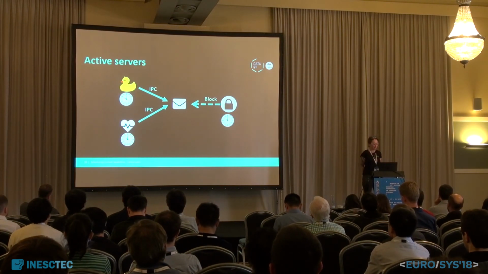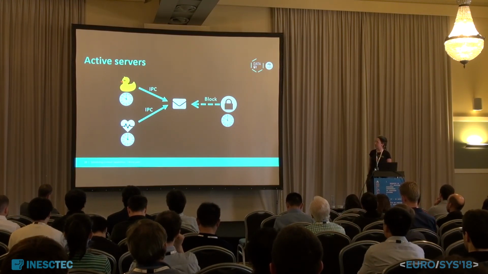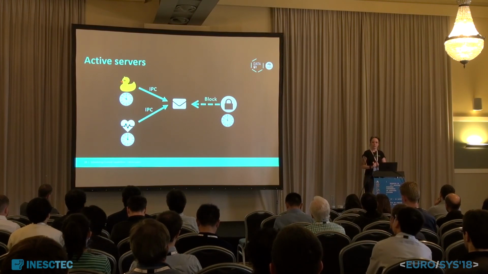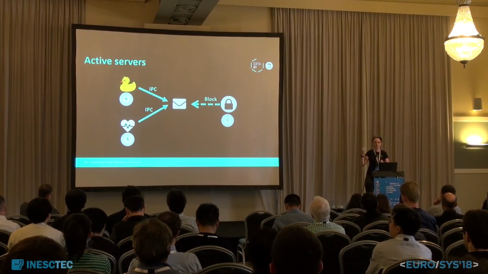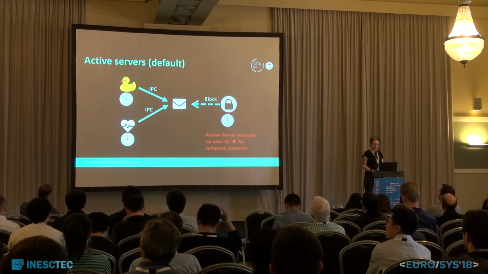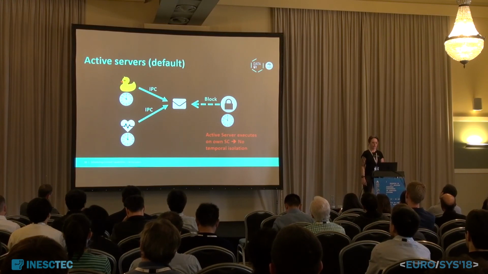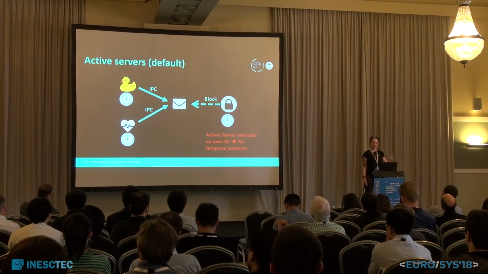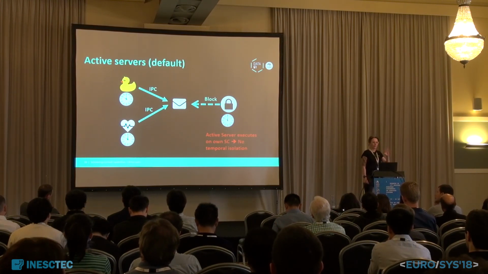So how does this work with scheduling contexts? Well, we preserve the default behavior, where your server has a scheduling context, all your client threads have them, and when you make a request, the server charges its own scheduling context for any execution time. This, of course, doesn't give you any temporal isolation. If I only get 20% of the CPU and the server gets 100%, then I can execute as many requests as I want and effectively denial of service other clients.